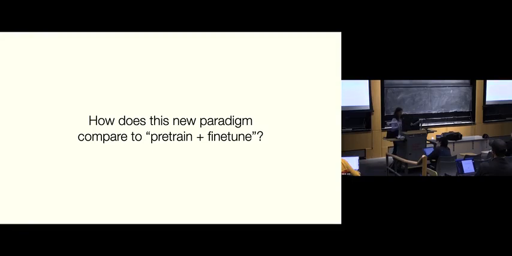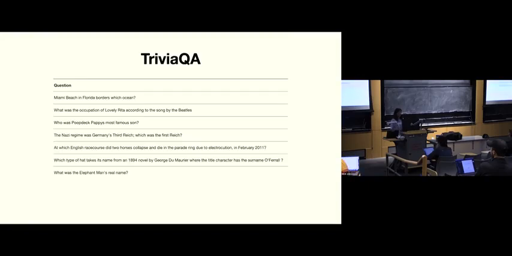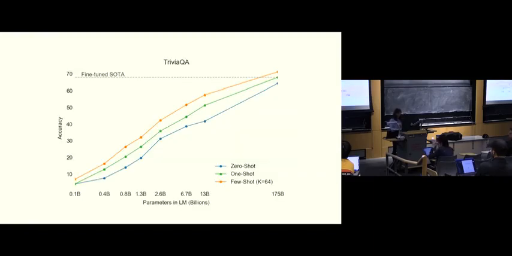So this prompting is also what we're going to use for robots, and I'm going to show you what type of prompts we're going to be feeding in just a second. Before we jump to the robots, let's just see what happens in prompting in natural language. Here is one task that we care to solve, which is trivia question answering, general question answering about pop culture and other knowledge, history, music, and so on. So you want your GPT-3 to also know about these things. And here is the interesting thing: the fine-tuned state of the art does worse than few shot. By few shot, they mean 64 examples in the prompt, non-fine-tuned,